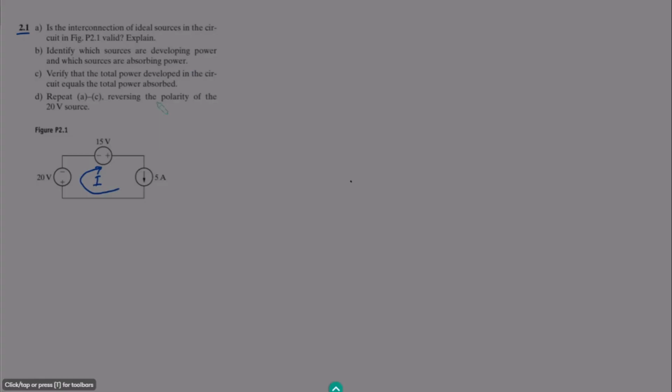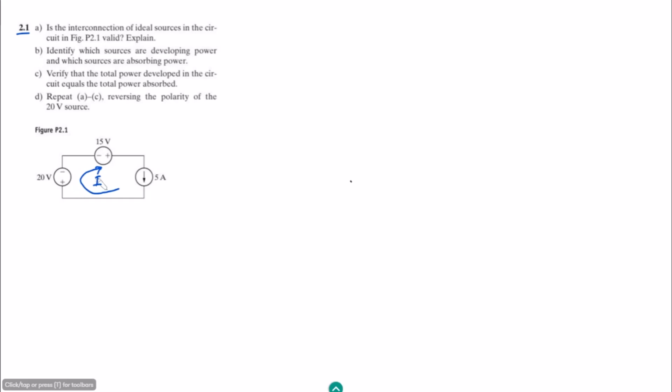Here the current flows from positive to negative, leaving from this terminal, and as this is an ideal circuit, we are considering the conventional current. So when it enters through the positive terminal and comes out of the negative terminal,